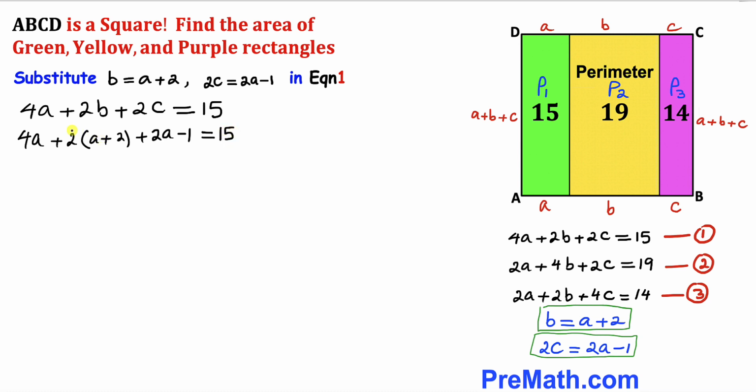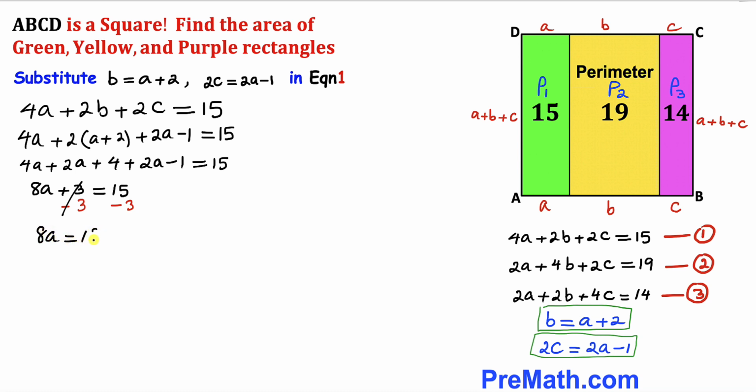Now let's distribute this thing. In this next step I have combined the like terms on the left hand side, and we got this one. Let's subtract 3 from both sides. This is gone, so we got 8a equals 12. So let's divide by 8 on both sides. So a turns out to be 12 divided by 8, which could be reduced to 3 divided by 2, or a could be written as